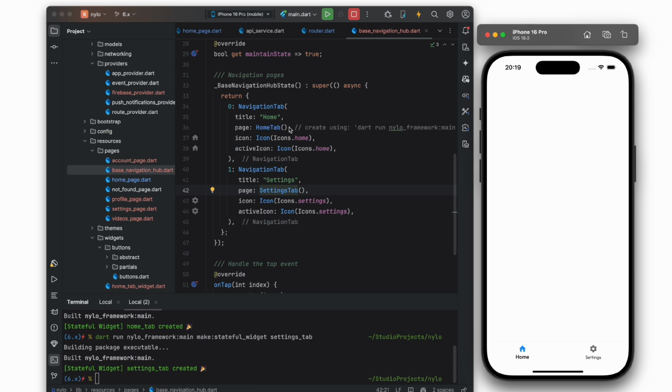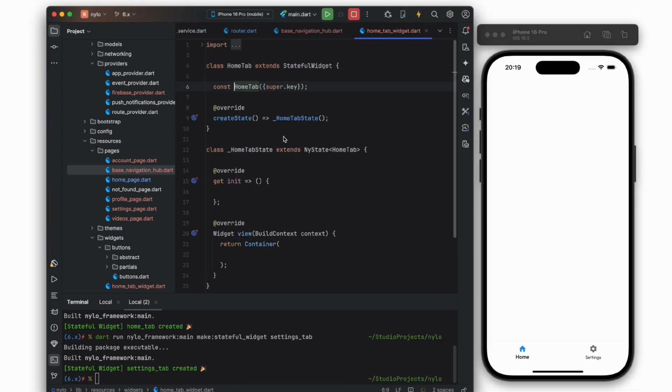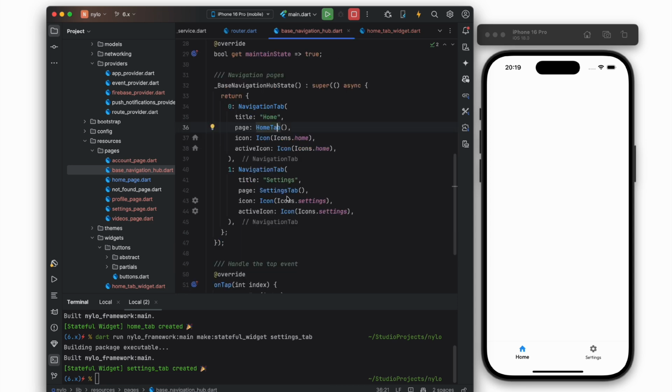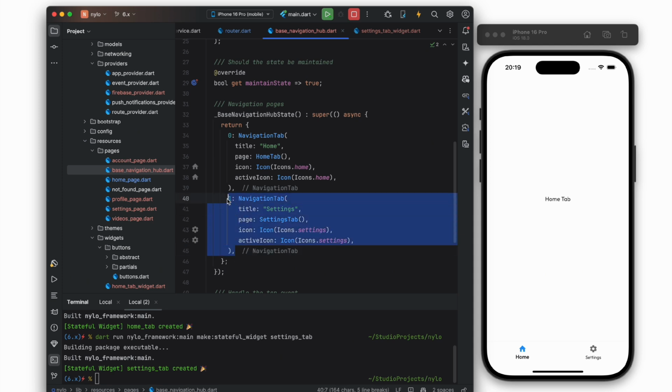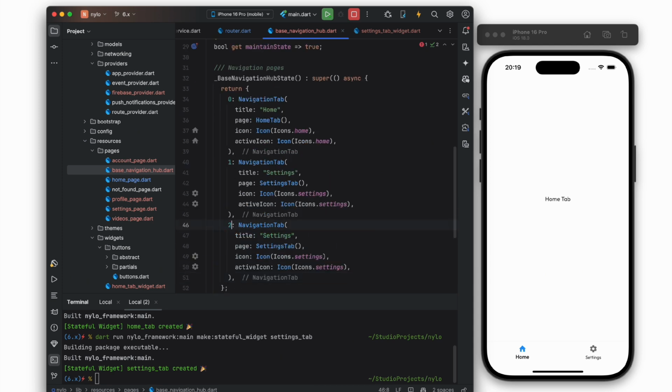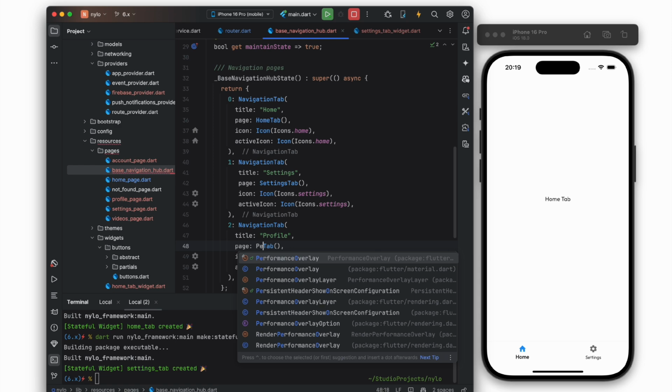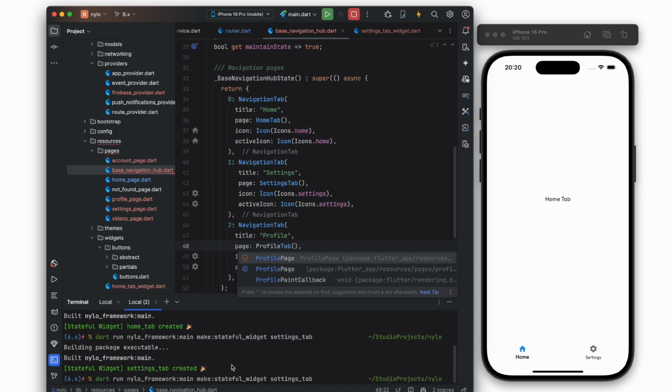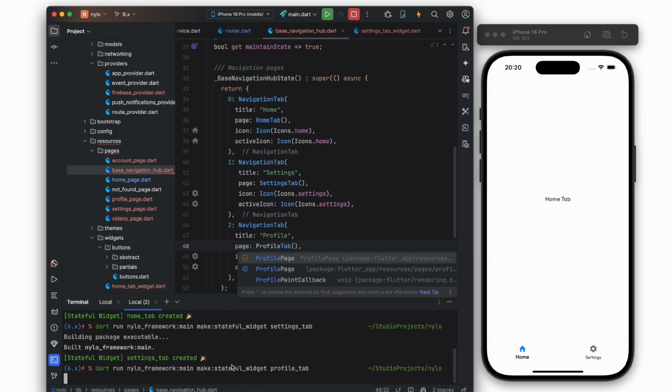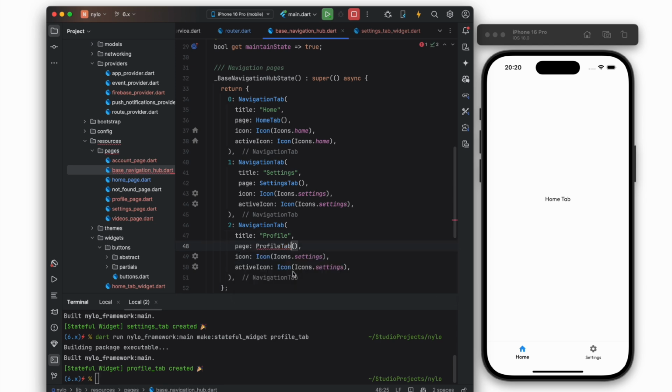And I'm just going to customize some of the tabs to make it a bit more clear which tab we're on. So if we build and run, we've got the home tab and settings tab. If we want to add more tabs, all we need to do is something like this, just make sure the index is all correct. And here, for example, we could create a profile tab, and we just need to run the exact same command from down here. And this is going to create us a profile tab. Now, if we add that in and change the widget like so,